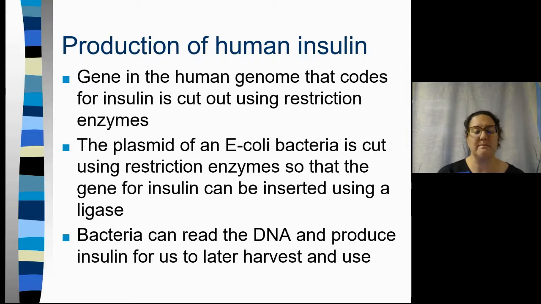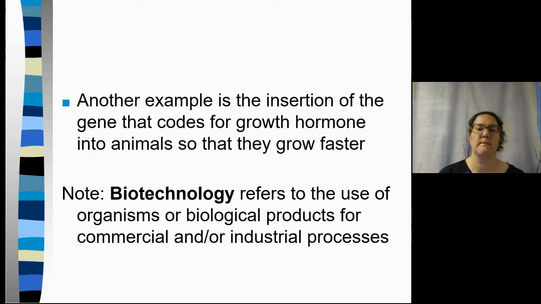The bacteria can read the human DNA, and then it produces insulin for us to use and harvest later on. This process is also being used to possibly insert those genes into the pancreas of somebody who has diabetes so their body can produce its own insulin. Another example of gene insertion is a gene that codes for human growth hormone into animals so that they grow faster. But lots of these biotechnology developments